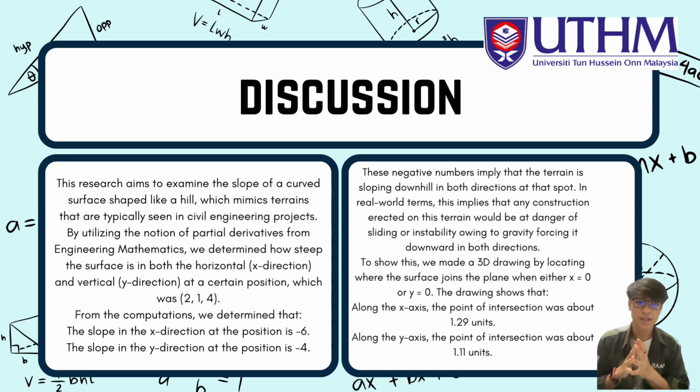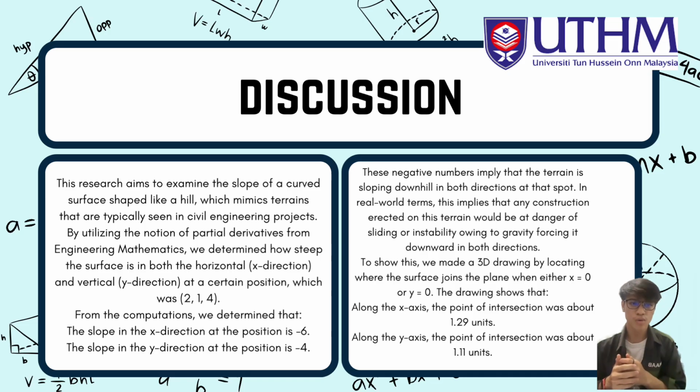For this slide, discussion. This research studies how steep a hill-shaped surface is at the point (2, 1, 4) using partial derivatives. We found that the slope in the x direction and in the y direction is negative. This negative value means the ground is sloping downhill in both directions at that spot. In real life, this shows that building on this area could be dangerous because a structure might slide or become unstable due to gravity. Our 3D drawing shows that the surface meets the x-axis at about 1.29 units